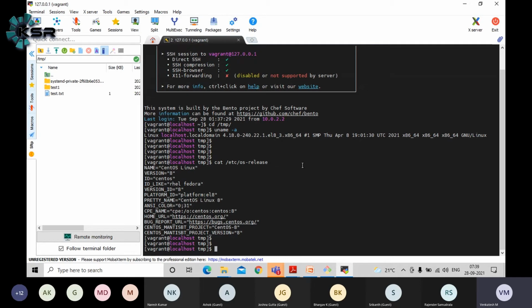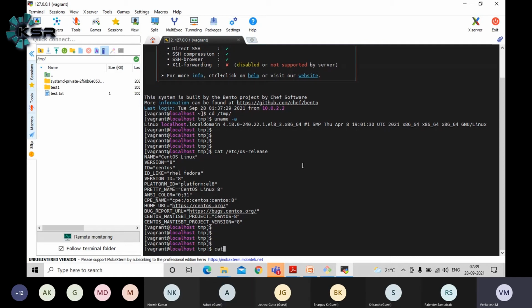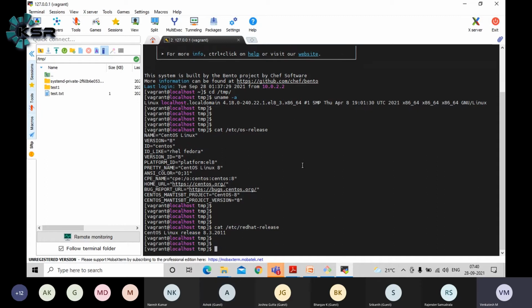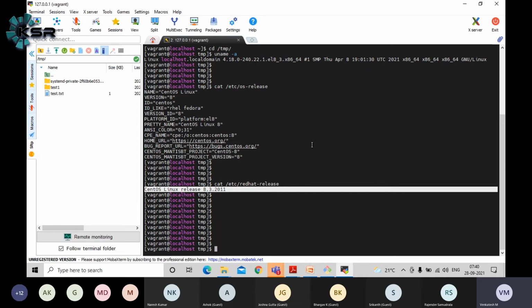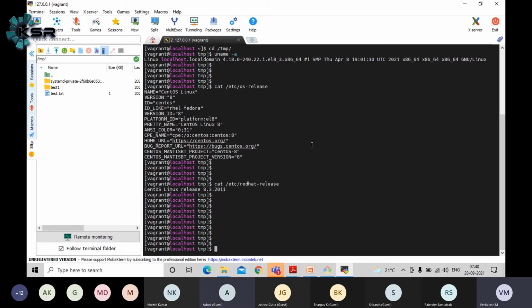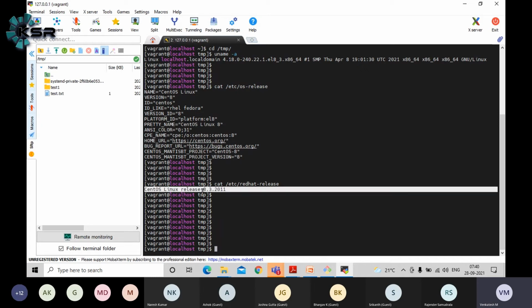But for the Red Hat family, we have a different file also. That is something like cat /etc/redhat-release, or rhel release. You can see the complete data within the file. This will only be available in the Red Hat family, guys. It won't be available in some different distributions. Don't get confused, guys. As of now, all the practice will be done on CentOS. Once you are comfortable, we'll try Ubuntu also, with the same steps.